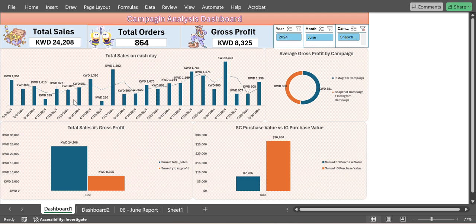This is for one of my clients, and I have made this dashboard based on their requirements. So here, as you can see, some drop-downs for year, month, campaign,